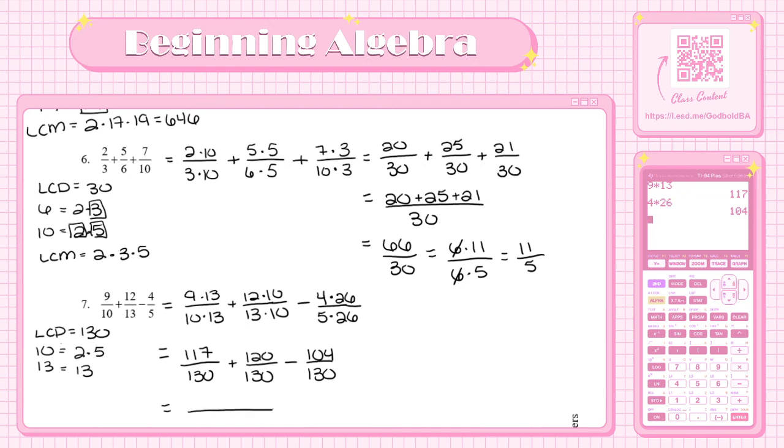So this is equal to 117 plus 120 minus 104 over 130. So let's just do it here. 117 plus 120 minus 104 equals 133